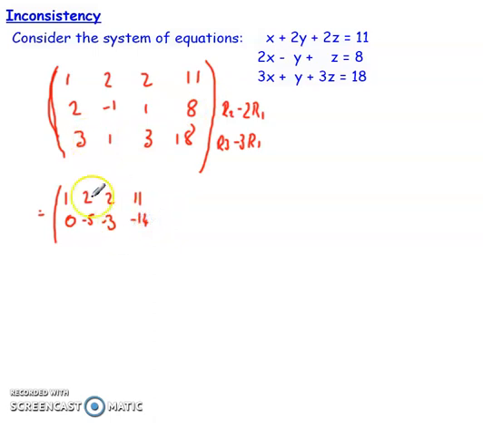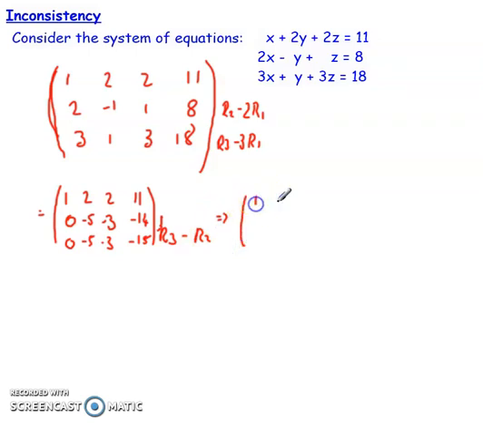-14. I'd then have this value here disappearing. I'd then have 0 take away 6, so I get -5. 3 take away 6, which gives me -3. And then 18 take away 33, which gives me -15. What I'd then do is, in order to eliminate this value here in row 3, I'm just going to do row 3 take away row 2. So if I were to do row 3 take away row 2,